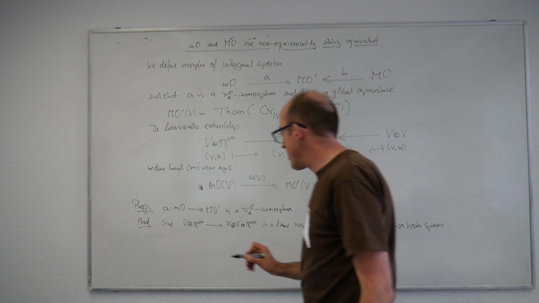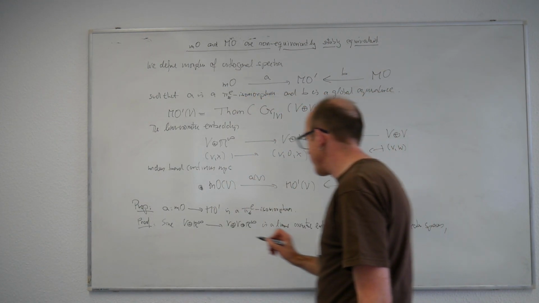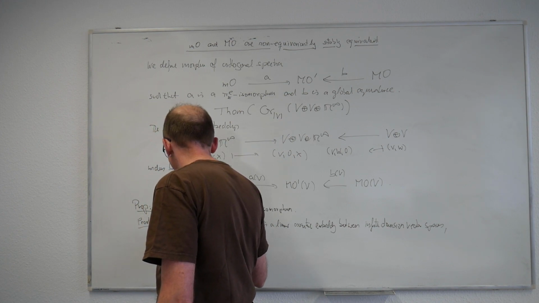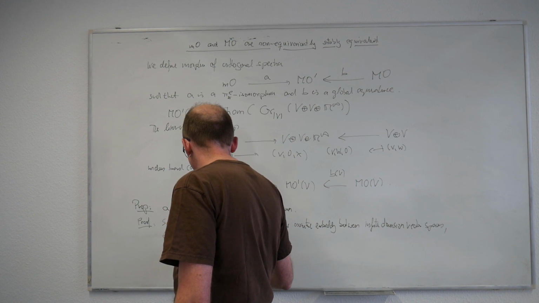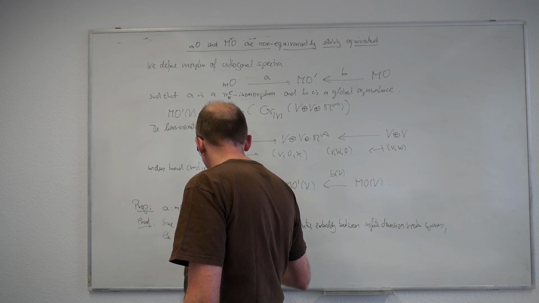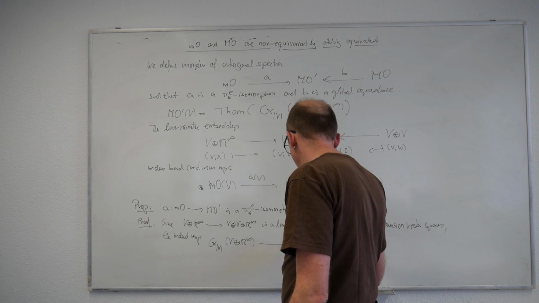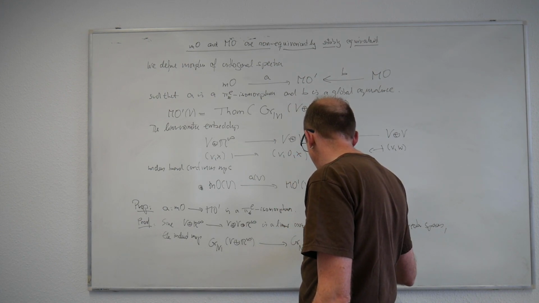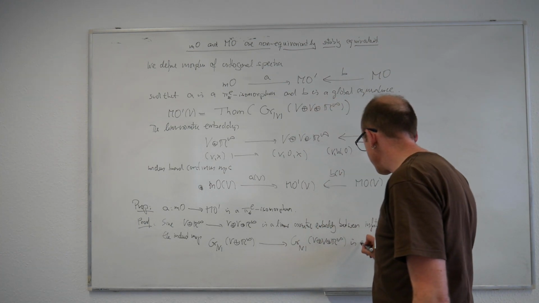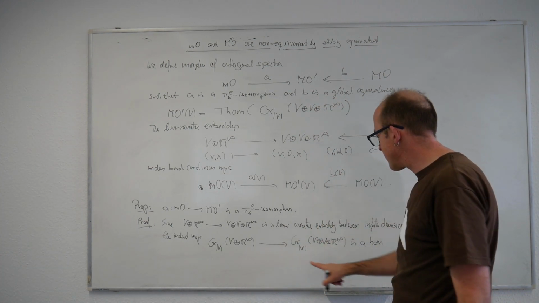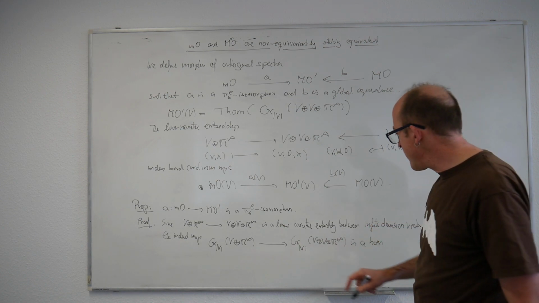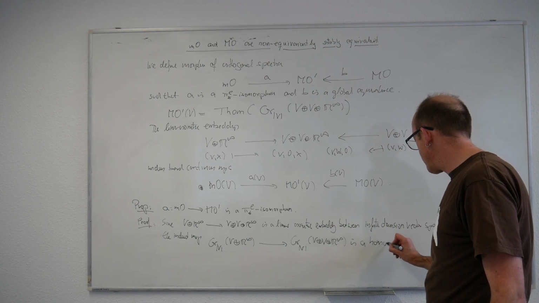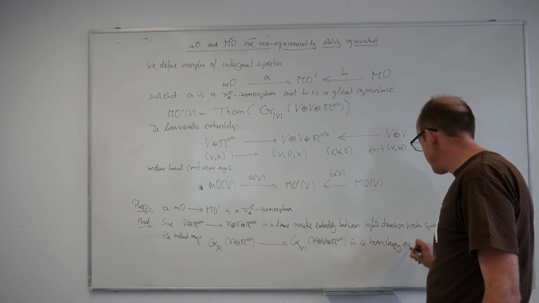It induces a homotopy equivalence on Grassmannians. The induced map from the Grassmannians of V planes in V plus R infinity to the Grassmannians of V planes in V plus R infinity is a homotopy equivalence. Both are classifying spaces for the orthogonal group of dimension V, and both admit CW structures. So this is a homotopy equivalence.